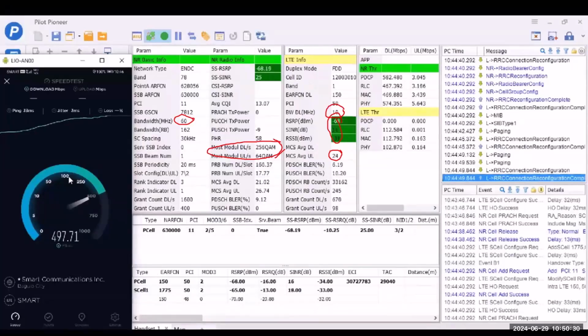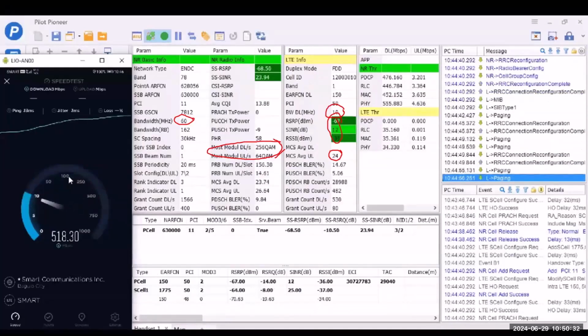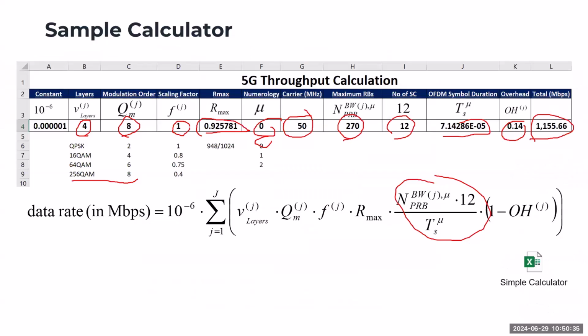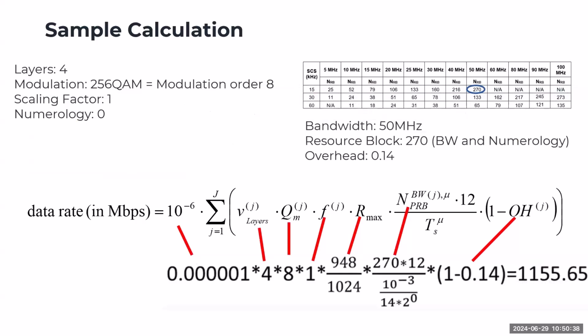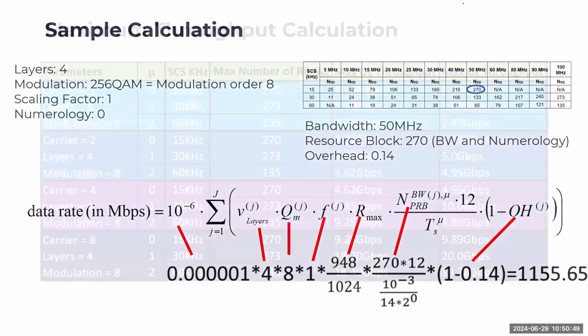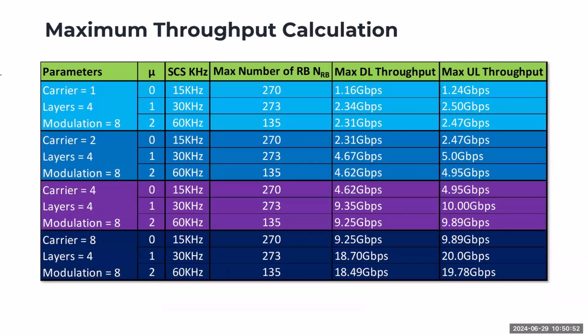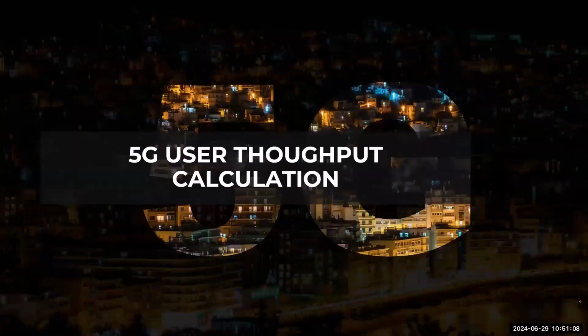So, yeah. So that's the basic concept of the calculation that we have. Okay, so this is a summary of the calculation using the 4 layers, the 256 QAM, scaling factor of 1, and the modulation. Now, if you want to do some exercises on your own, you can just do like this, what I did. So you can just get the maximum download and then maximum upload. Okay. Yeah, so that's it, no? That's how we calculate the eMBB calculation for 5G throughput calculation.